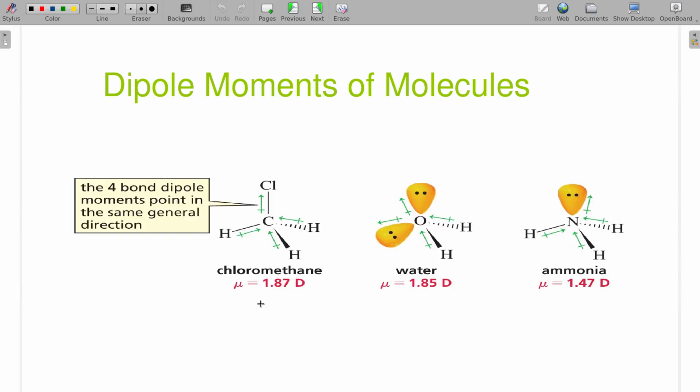But as soon as I add some asymmetry, change one of those atoms on my tetrahedral arranged carbon to something different, I'm going to have a polarity simply because of that. The dipole moments of the individual bonds will not cancel out if I have a single heteroatom that's not balanced out. If I have electron pairs, there's no way it's going to balance out. So as soon as I get that asymmetrical layout, I'm going to have a polar molecule which has a dipole moment. And these will have physical properties affected by that. Boiling points and freezing points will go up with the dipole moment.